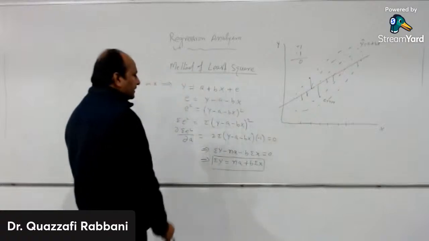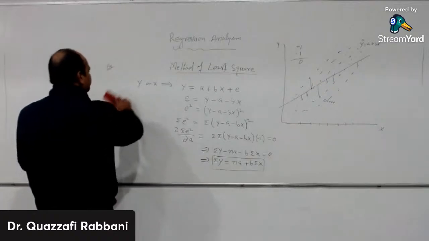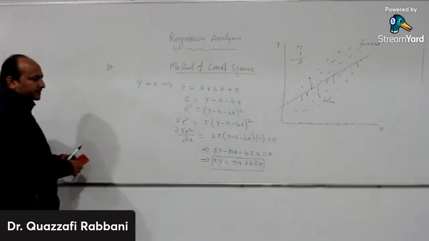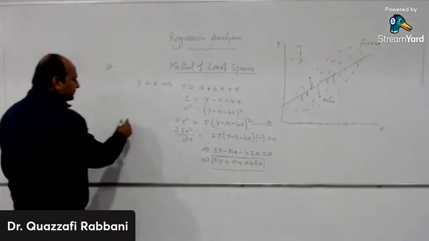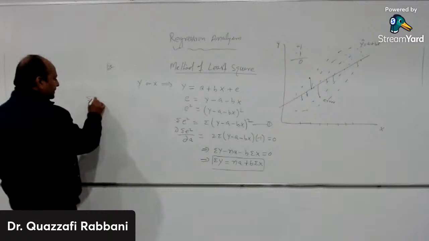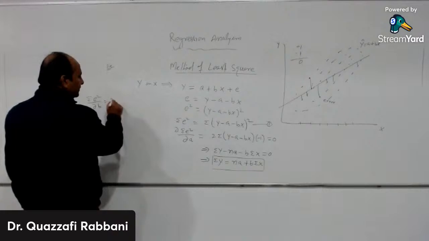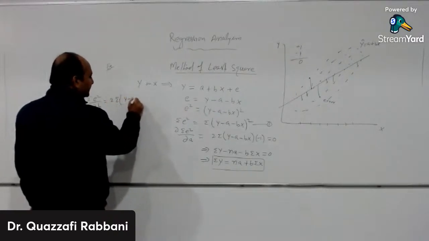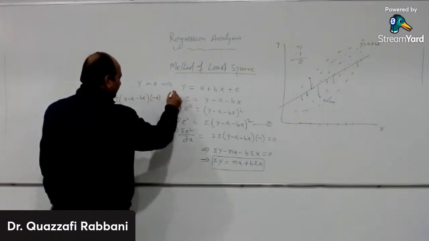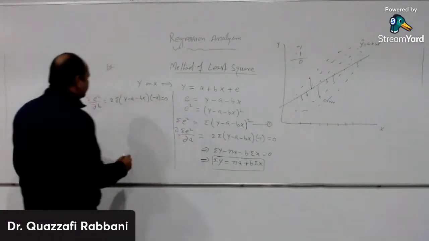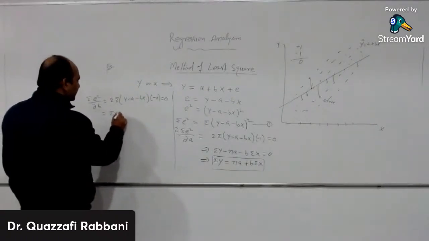This is equation 1. Similarly, the same equation is differentiated with respect to b. Now differentiating summation e square with respect to b, this will be 2 summation y minus a minus bx, times minus x, and equal to 0. Now after solving this you will get summation xy